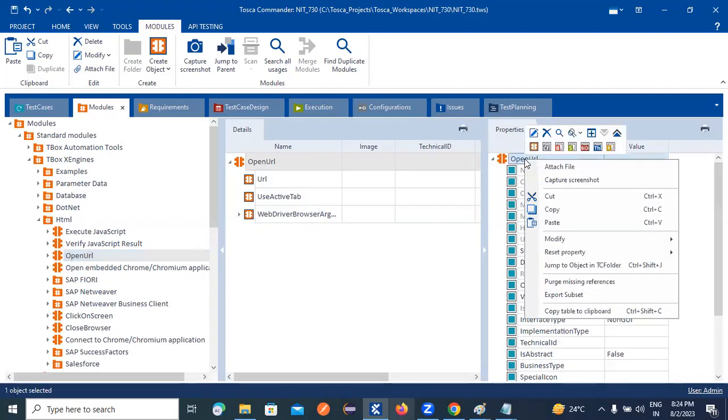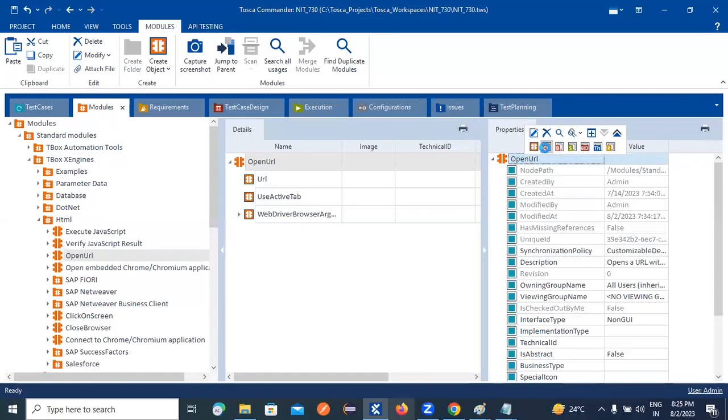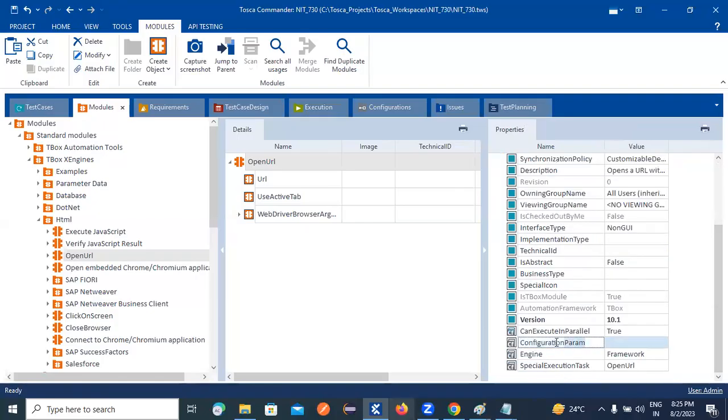Right click on properties. Select the configuration parameter. Once we provide the configuration parameter,